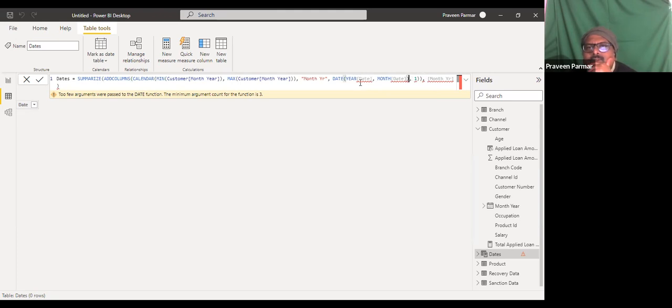This one is for this. This is also not required, I think. Month, year, date. That is a function, so this will be required here. This way, just put this.